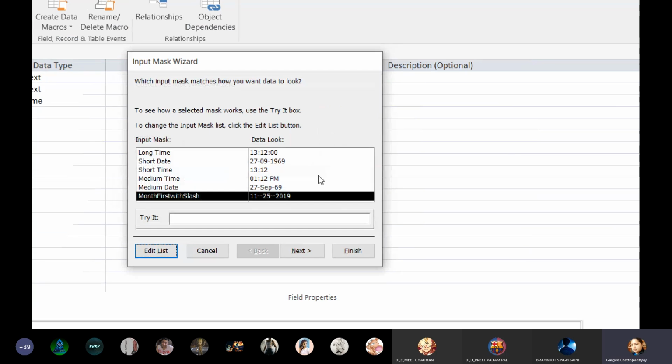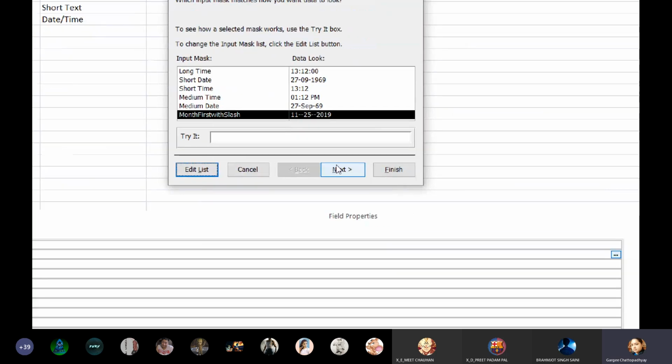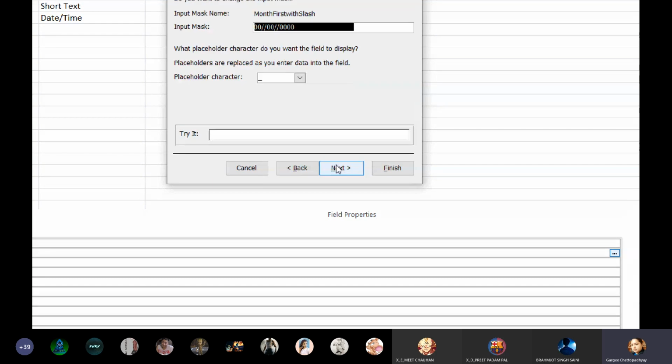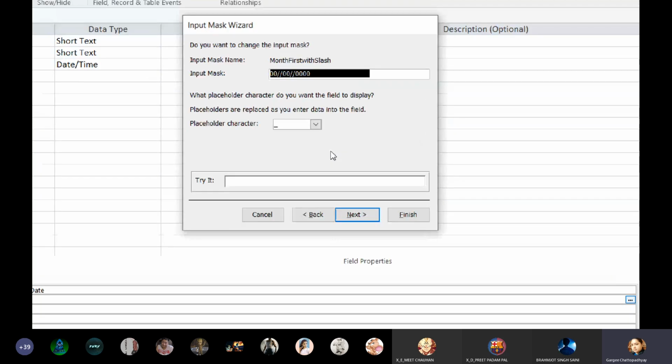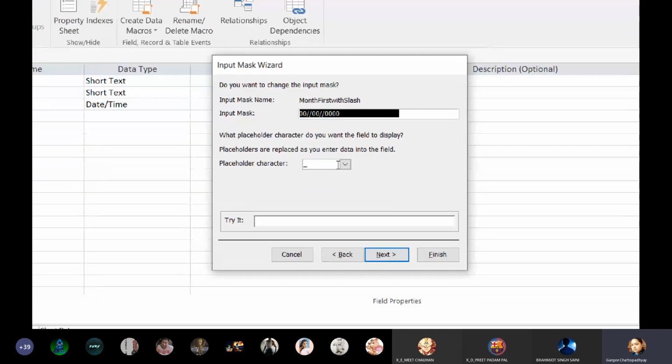It's not accepting slash because slash is already taken as one of the characters. We have already seen that if I have to specify any literal, I have to use a slash. So okay, I will work on this and we'll see. Input mask should be like this. Okay, placeholder is this. Fine.